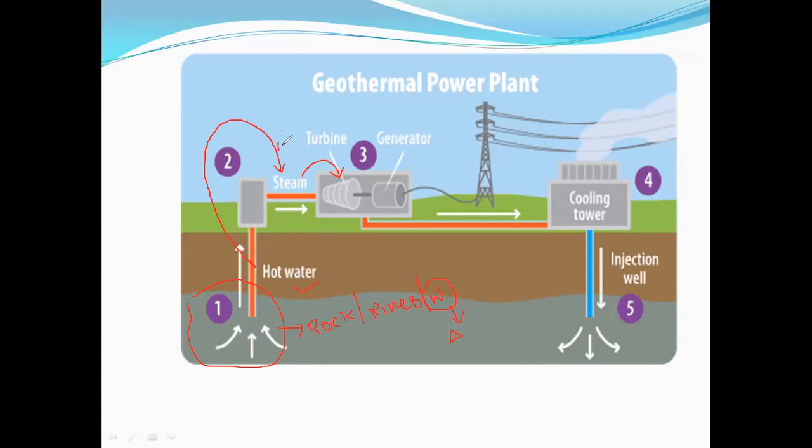The amount of thermal energy is converted into mechanical energy, and the mechanical energy is converted into electrical energy. After the completion of the process, the hot steam can be collected with the help of the cooling tower. Cooling is a process where vaporized water comes back to the liquid state.